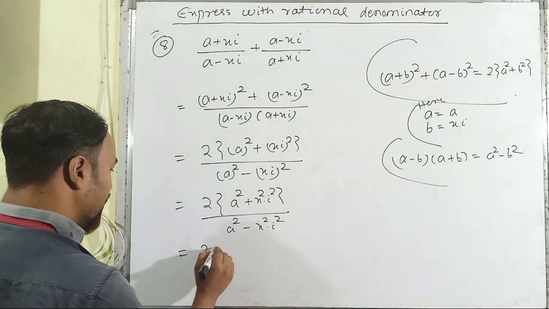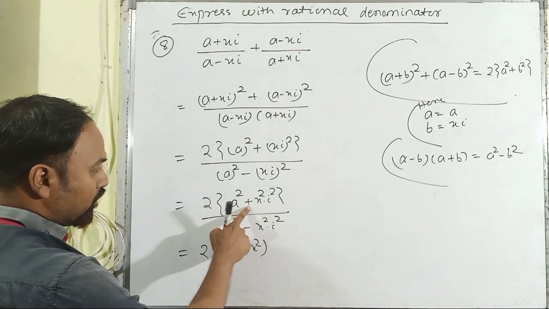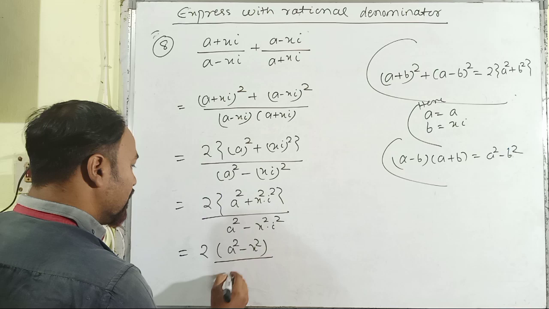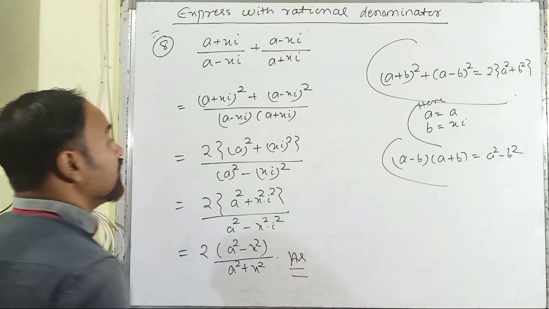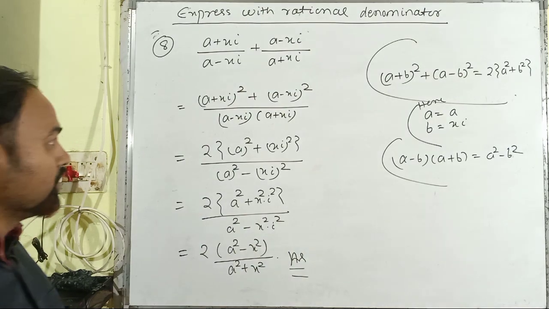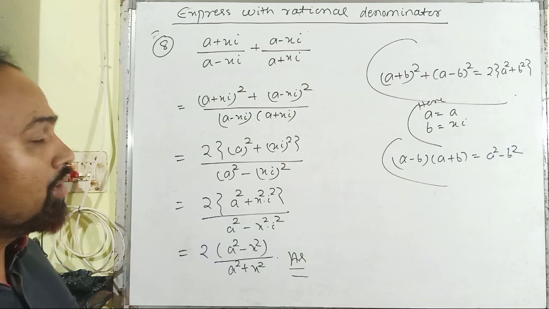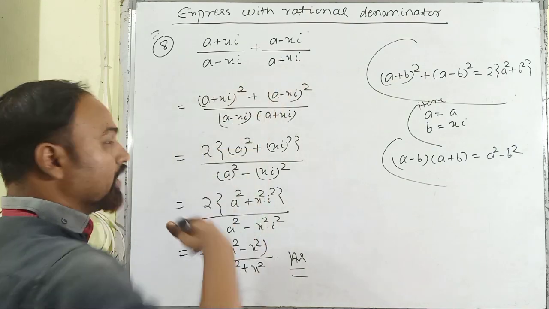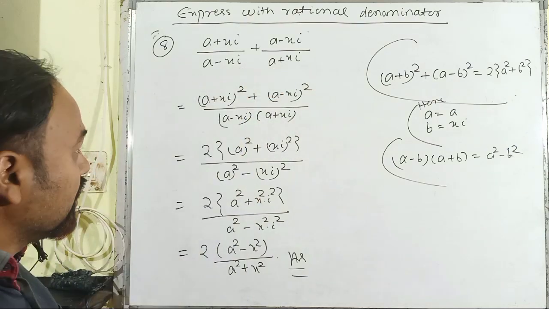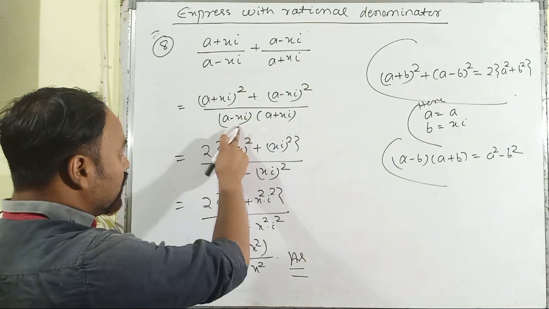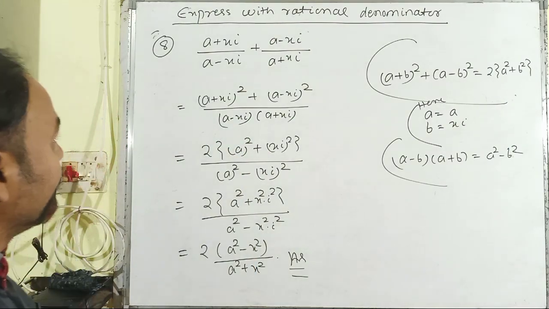Now solving, we can have 2a square minus x square, because the value of i square is minus 1, plus into minus is minus, divided by a square plus x square, and here is the answer for the number 8th problem. Just let us add these two expressions, and whenever the LCM of the two denominators of each expression is taken out, then they will be multiplied with each other, and in that case you can see that both of the terms a minus xi and a plus xi are conjugates of one another.